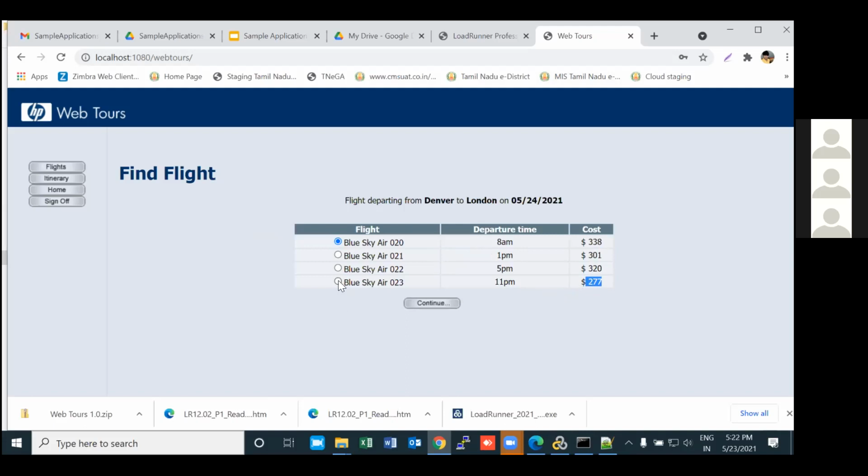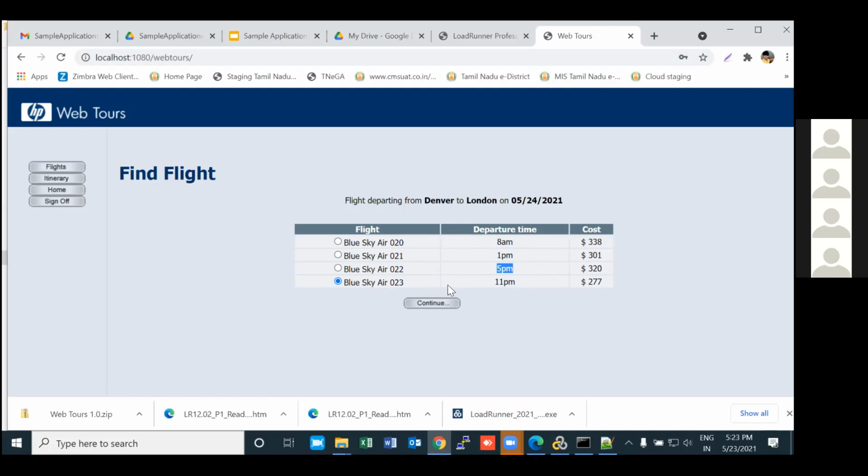So your requirement may be something like this. Your script should book a ticket for this cheapest flight, right? Or else randomly one of them, right? Guys, in real time, some users may book a ticket for an afternoon flight, some users may be booking a ticket for an evening flight. So when you are testing such kind of application, your script also should be in such a way that a ticket will be booked randomly for each of the flights, right? Or else some look for the cheapest flight, right? Yes or no? Yes. So we have to simulate that scenario also.